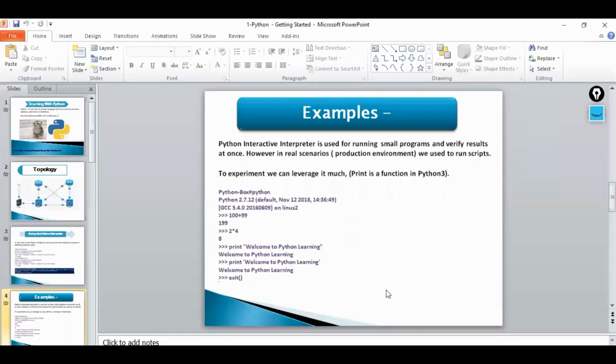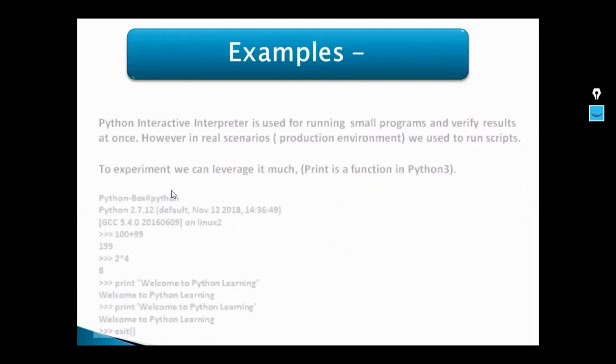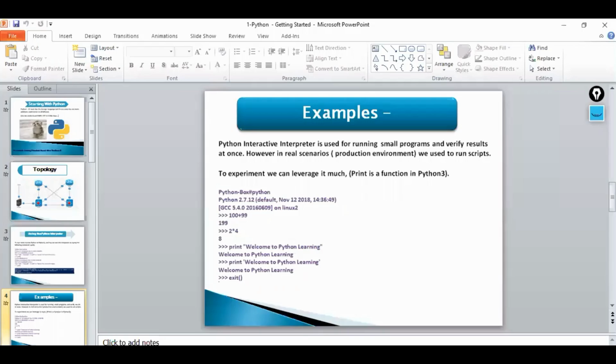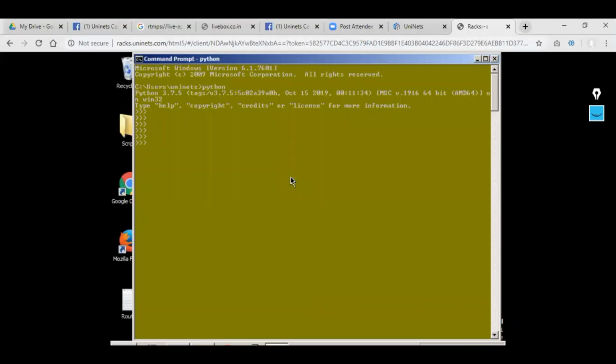If we come back to our slide, I have shown you how to come into the Python interpreter. Now there is some basic stuff used over here. You can test it on your machine, whether it is a Windows machine, a Linux machine, whatever machine you are using, because the script shown over here is from Linux, but it doesn't matter. If we go again to the interpreter and run a couple of small programs like 2 plus 5, it shows us the answer, multiply by 5, it shows us the answer. So this is the thing.